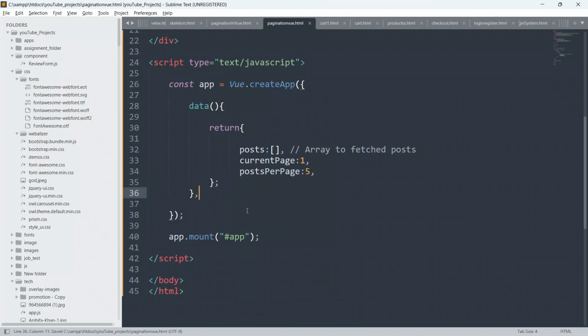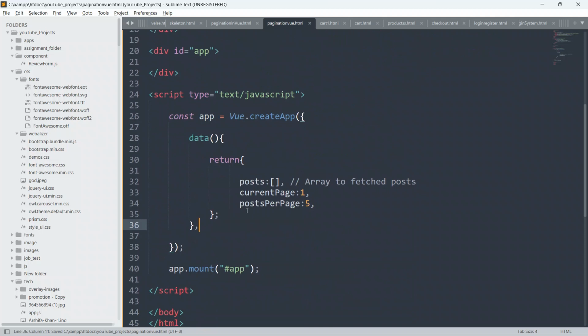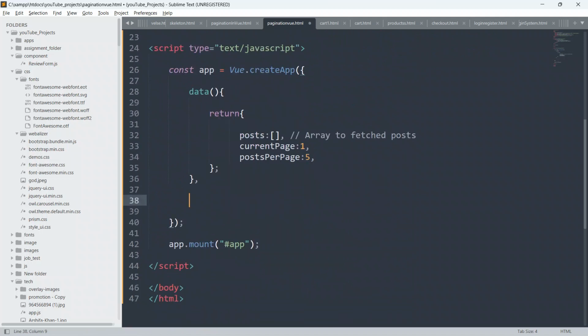Yeah, so now go down. Guys, I have to create the computed method. As you all know, inside Vue.js, computed is a collection of objects, a collection of functions.